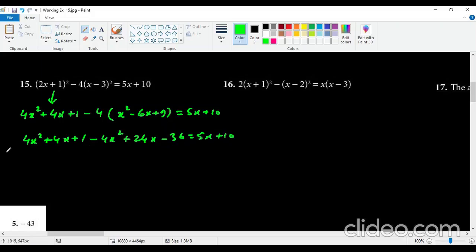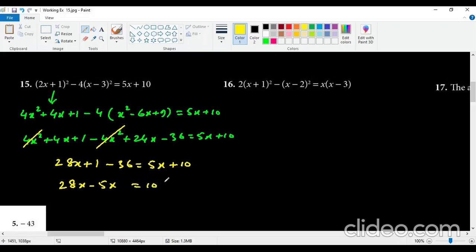Now this 4x square and minus 4x square are going to be cancelled. Better use a different color. These two are going to be cancelled, and 4x plus 24x is going to be 28x plus 1 and minus 36, equals 5x plus 10. Now 28x minus 5x equals 10 plus 36 and minus 1. So 28 minus 5 is going to give you 23x, and it is 46, and 46 minus 1 is